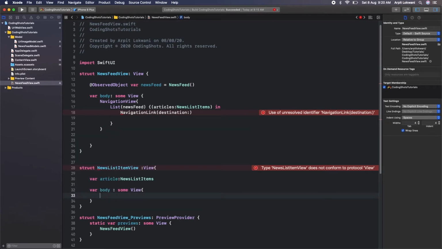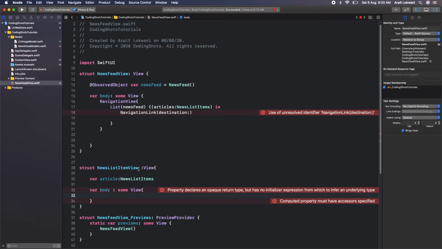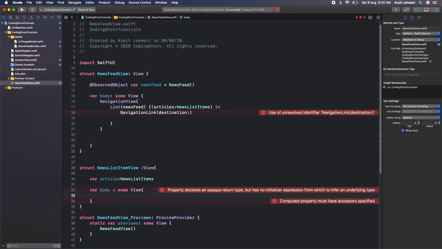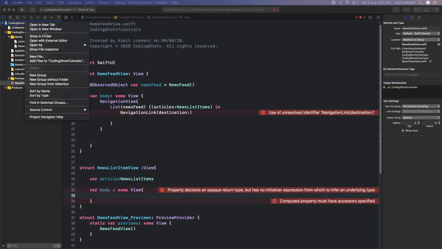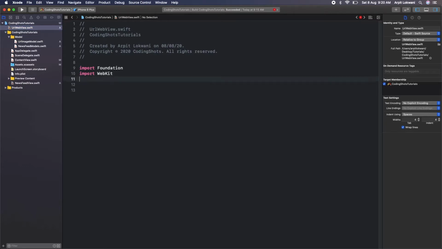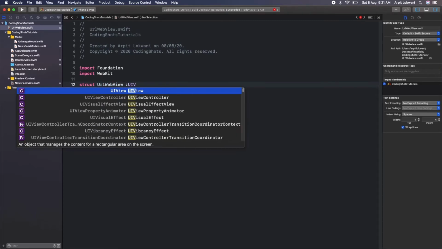Inside that, now what should happen, it should open the URL web view. As per the UI, you can see, click on this, it should go to some activity or view, we can say, which has some URL code which will open the URL page. So we can use what we call the URL web view, we already created that. If you can see, we already have the class for that, we can utilize that. So we can create a structure URL web view, which is conforming to the protocol UI view.